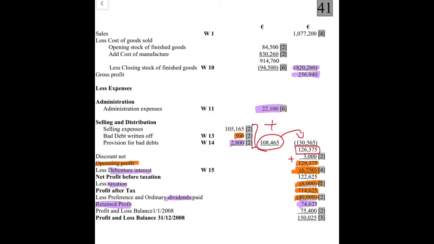You could end up having investment income in there as well, and if you did, you'd put your investment income around the same place where you put your debenture interest. You don't put it in with your other income. Then you're adding your profit and loss balance from the start of the year, which gives you your profit and loss balance at the end of the year of 150,025,